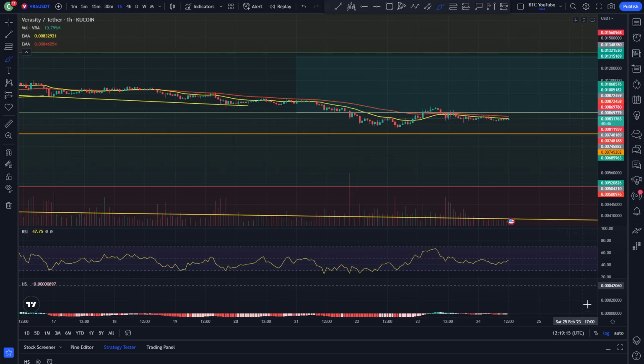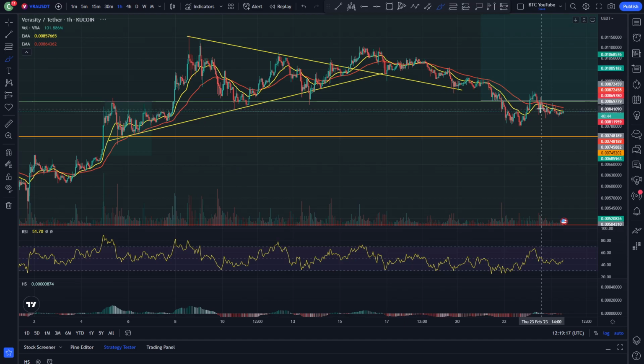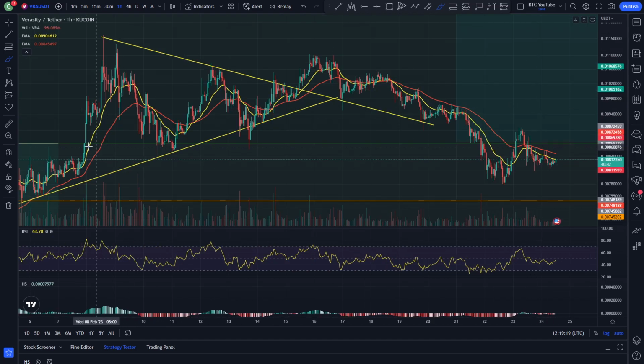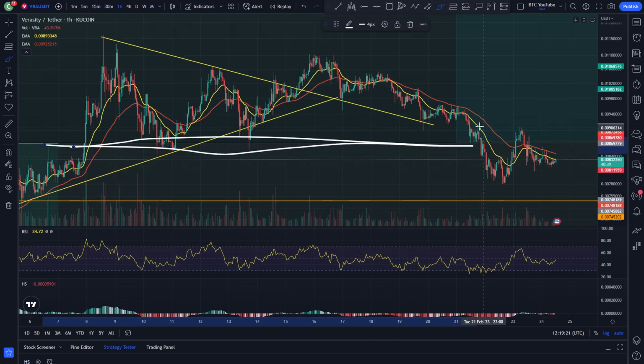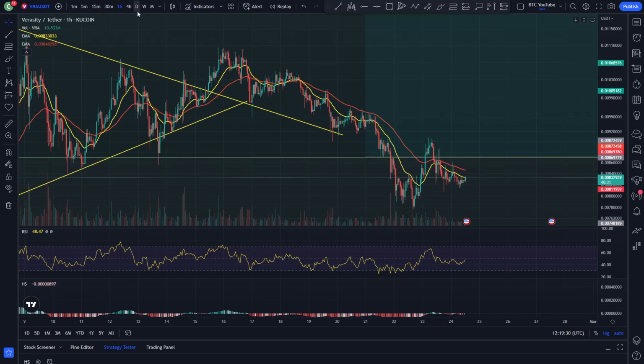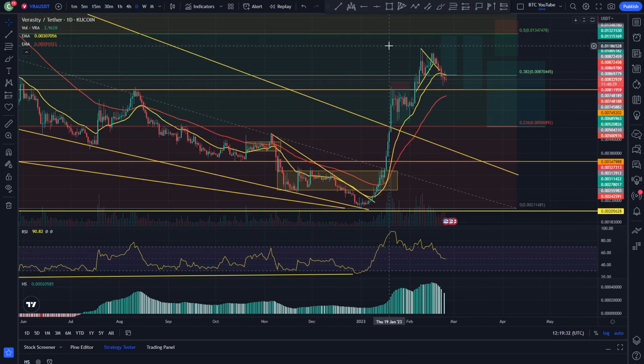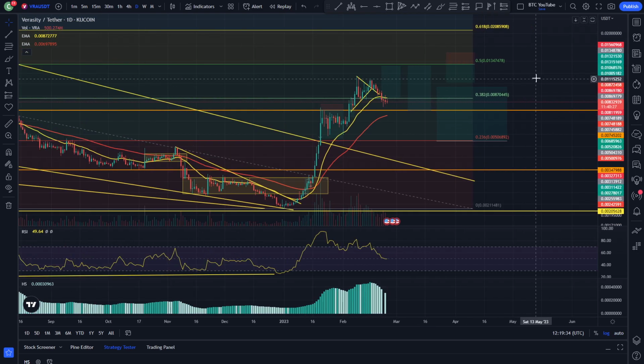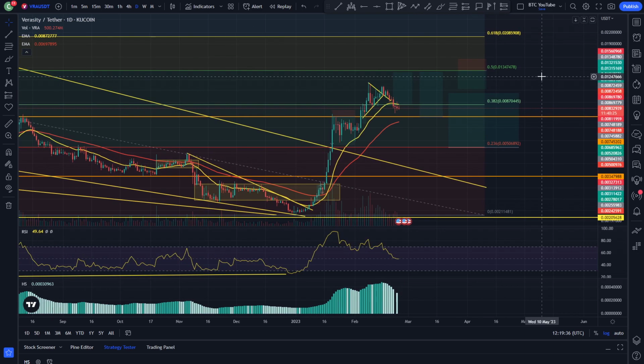If I look at the hourly time frame, you'll be able to see this in more granular detail actually. Basically, you could say you've got your support here, haven't you? And we lost support, came back up, back tested it. Looks like we've got it as a little bit of resistance in this area, and now really just going sideways. Not that much going on with Verasity right now, just coming back and retracing, retesting, doing what it needs to do, in my opinion, before we do continue to see ourselves heading to the upside most likely.